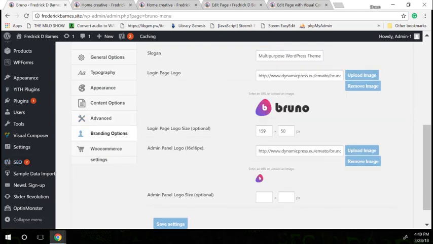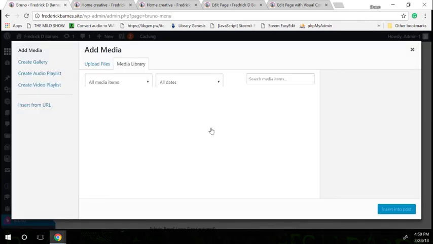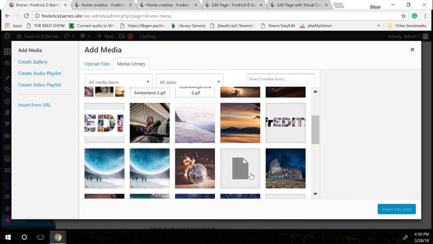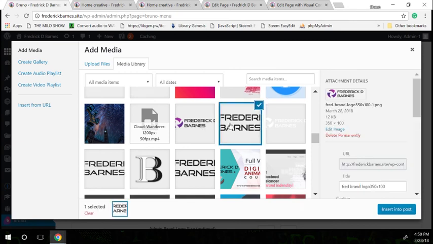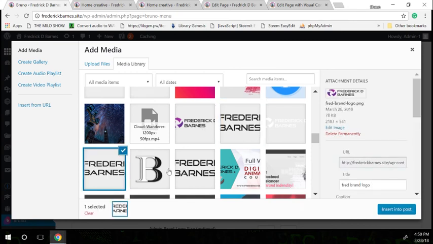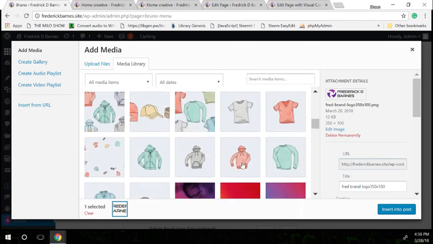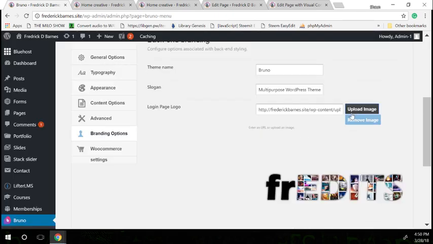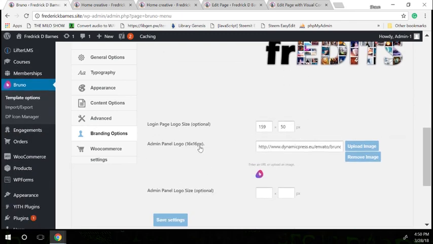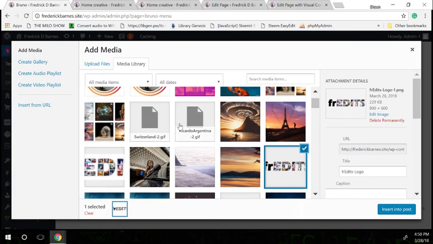Then, like I said, over here you got your branding options. This is the login page. I'm gonna go ahead and change this real quick, and if anybody wants to log in, I will go ahead and pick out one of the many different logos we have here. The bigger one I have, where's it at? Right there. So I'm gonna go ahead and stick that in there. Actually, you know what? I'm gonna go with this one. This one the client actually made, and I think that'll do good sitting above there. And then if you want to change the one over here to the left in the admin panel, you can, but why bother? I guess I can go ahead and change it for the client just so it looks cool,